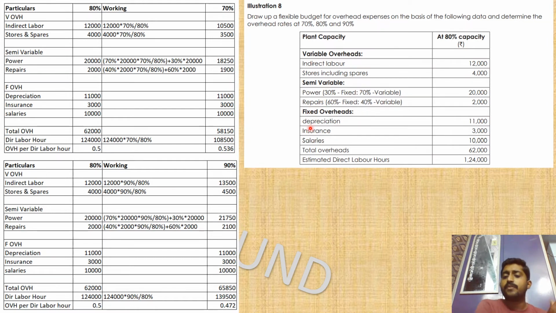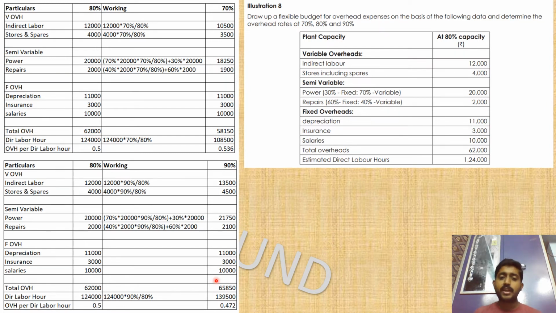Which means at 80% it's going to be the same, at 90% it's going to be the same, and even at 70% it's going to be the same. So for the fixed overheads, whatever we have in the question for the 80%, we are going to take the same number for the 70% and the 90% also. Now you can total all the overhead. In the question for 80% it is given as 62,000, and for 70% capacity it comes to 58,150,